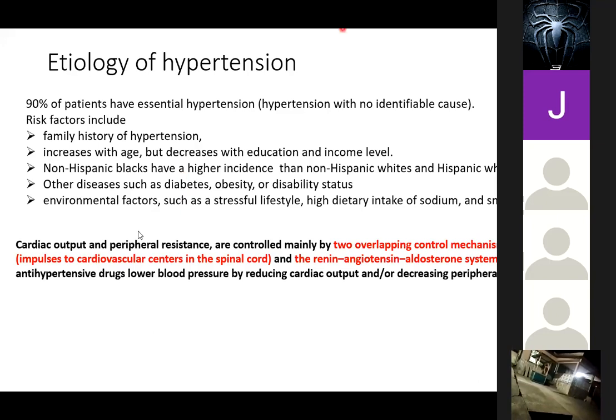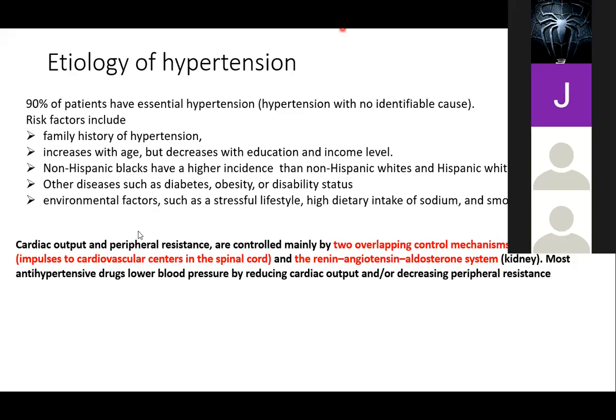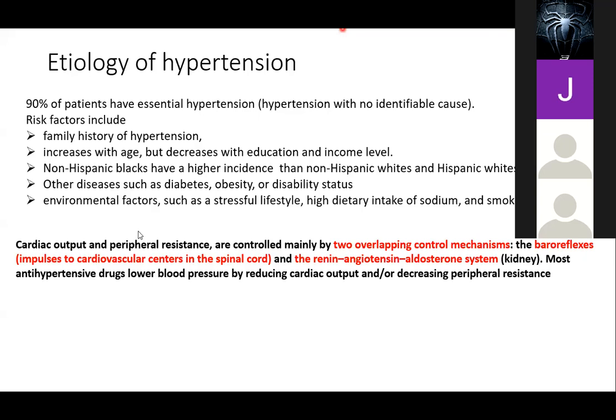Okay, so let us talk about how hypertension is being controlled in our body. Mind you, there are two mechanisms that play a major role in raising your blood pressure. One is cardiac output. So this actually talks about your heart's ability to pump blood out of it and then into vessels. And then the second mechanism is the peripheral resistance. That's in the vessels, you know, whenever there is a resisting activity against the blood flow,